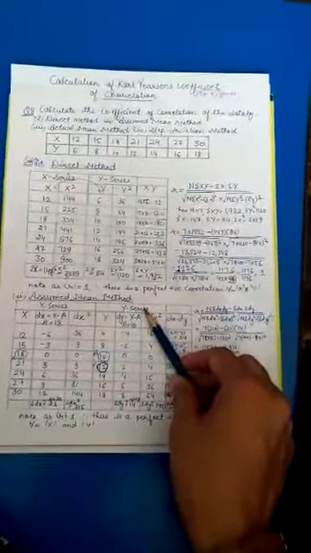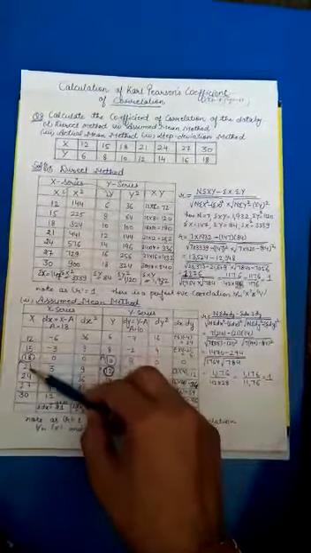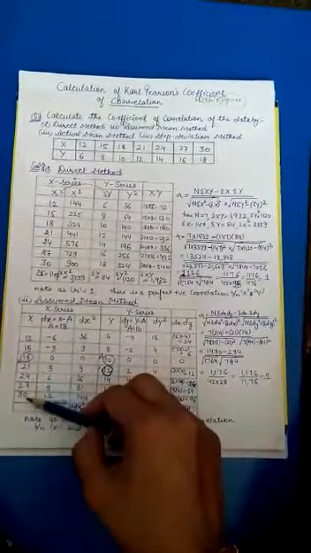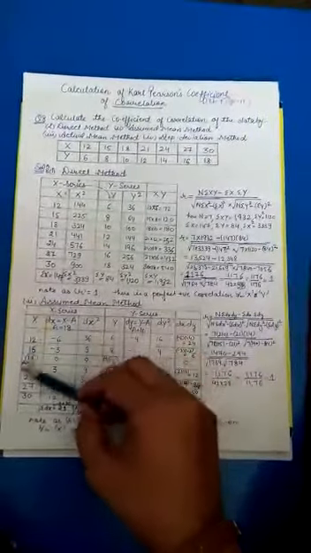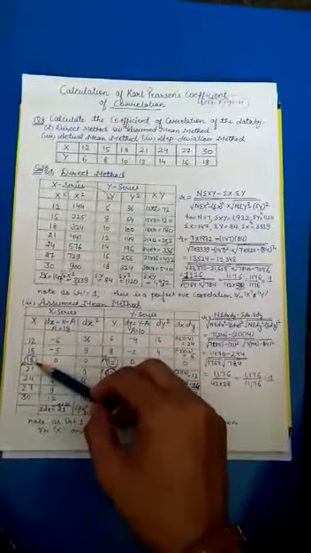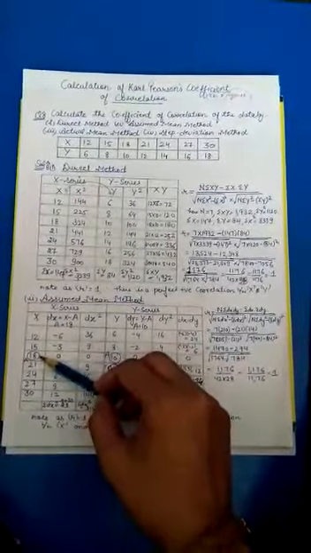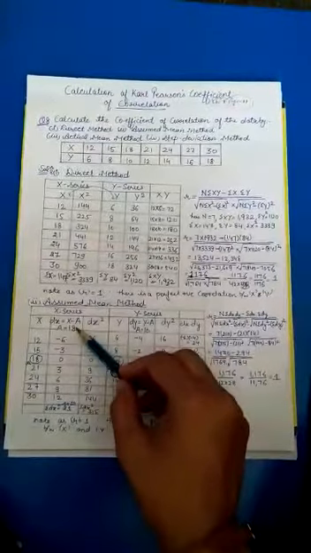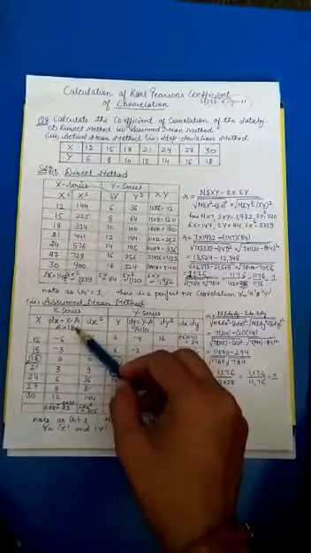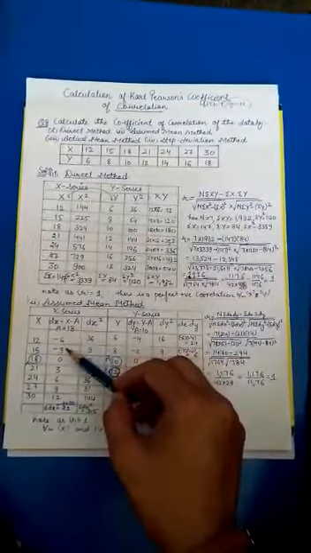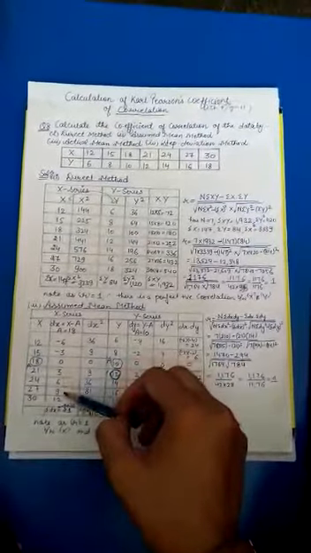In this method, beta, you have to first deviate x values and then you have to deviate y values. So x is 12, 15, 18, 21, 24, 27 and 30. You have to choose one value as A, that is 18, and after choosing this value, you have to do the deviations. So here A value is 18, and when you deviate this, you will get minus 6, minus 3, 0, 3, 6, 9 and 12.